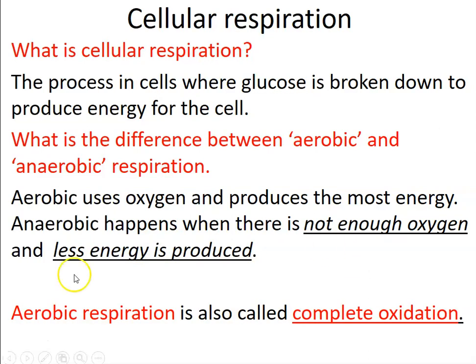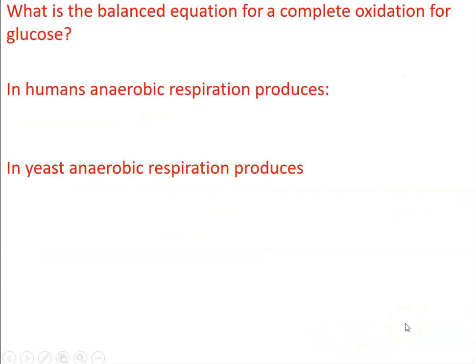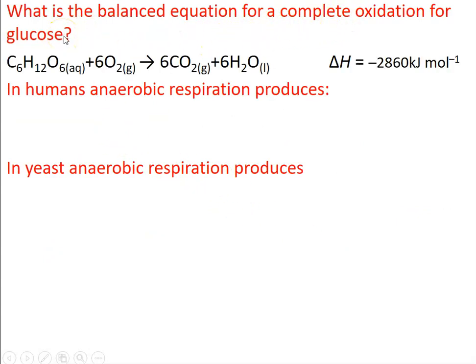So as far as chemistry is concerned, aerobic, when you've got a lot of oxygen, is also called complete oxidation. What's the balanced equation for a complete oxidation of glucose? So this is in your data booklet. Glucose, no, it's not, but it could be given to you. So 1 glucose molecule will make 2,860 kilojoules